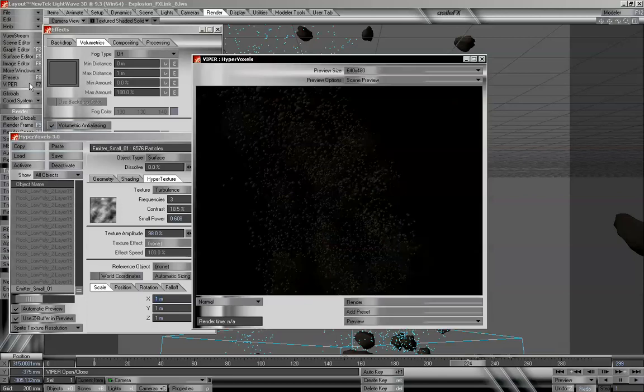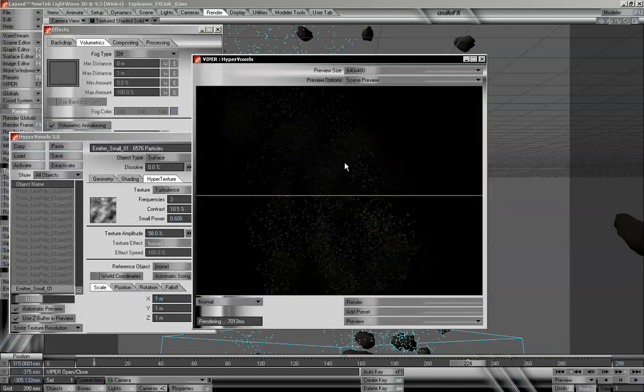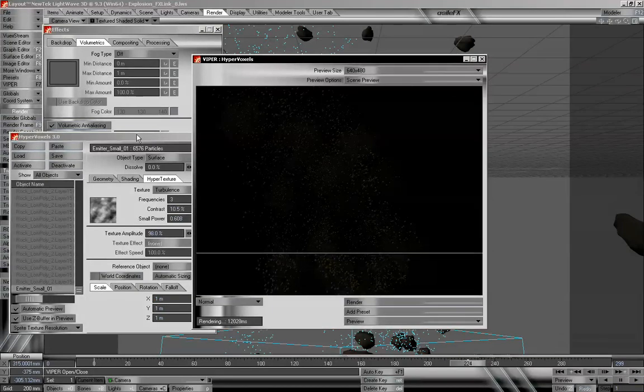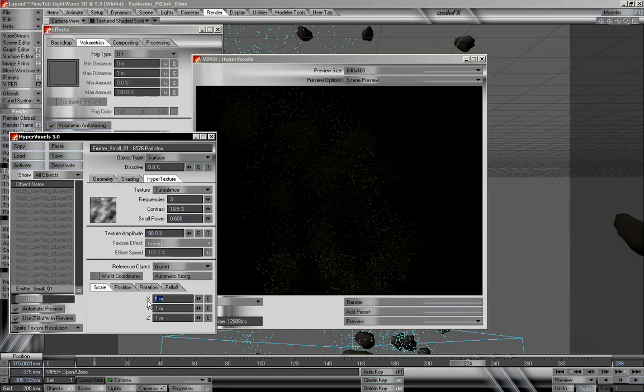And even though I don't really have Viper up, I'll go ahead and open that. We can see all of the smaller objects now, because we want some smaller debris, but we do want variations in their shape, and we can use the scale option here. So I'm going to type in 0.1 and give a 100 millimeter scale option for that turbulence and hypertexture, which is going to distort our object's shape and make it look more like rock. And that's something that looks a little bit better. So I can close that out,